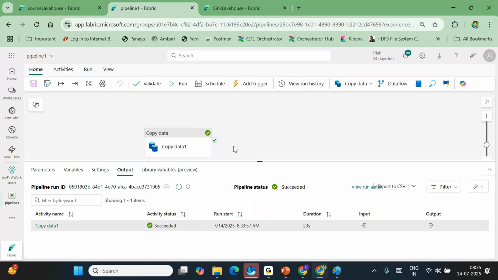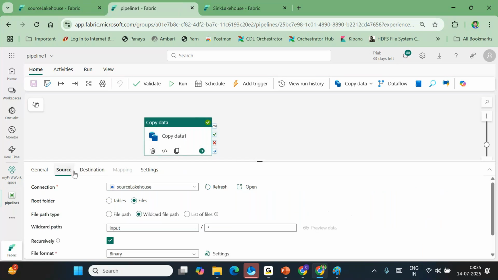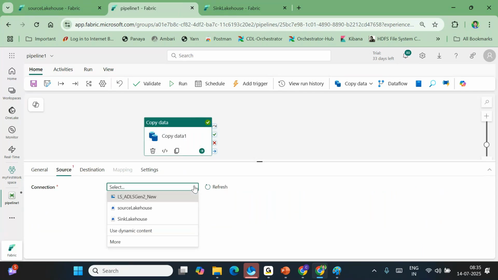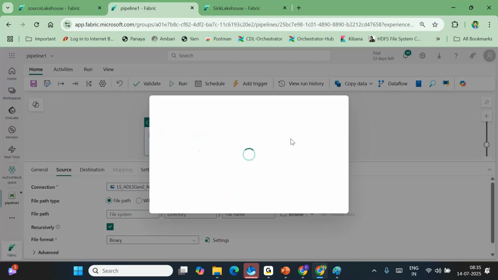Citizen developers are people who do not have any technical knowledge. Those people can also implement pipelines in Fabric, because everything is managed by Microsoft. It is very simple, highly integrated. You are not creating any connection. But if you see, I have a connection to data lake. If you click on this connection, as it is an external connection, you need to establish it.